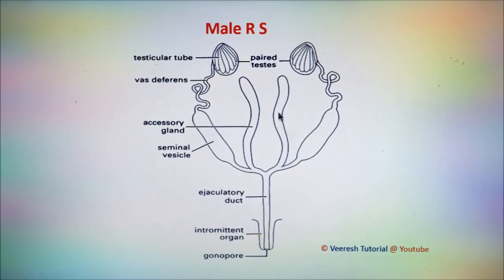A pair of glands, the accessory glands, arise from the posterior part of the vas deferens. These accessory glands produce seminal fluid and spermatophores, which help in smooth discharge of the sperm. Spermatophores means sperms are released in the form of small packets. The process of production of sperms in the testes is called spermatogenesis.